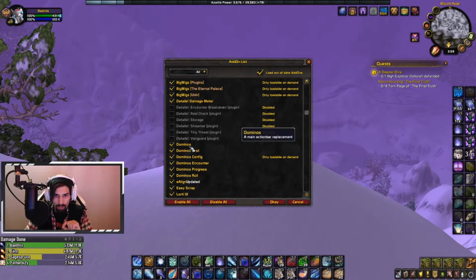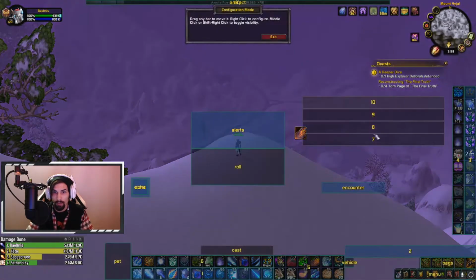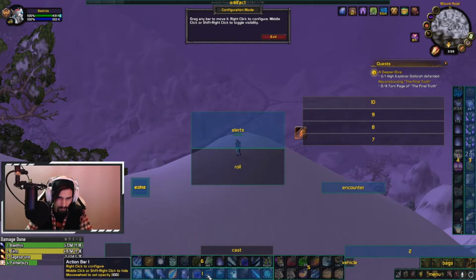Moving on, Dominos is my action bar replacement. It is how I keybind. It is also how I get my bars to look how they are. It is how I move my zone ability and my extra action bar, my encounter bar, and then how I move my alerts and stuff like that. I prefer Dominos over Bartender